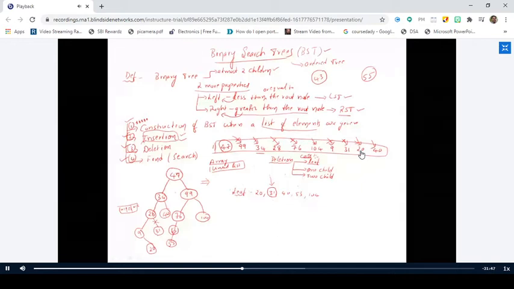To make it understand that 31 is the leaf node, you have to go to the linked list representation and check the pointers of the left part and the right part. If both the pointers on the left part and right part are null, then it is considered a leaf node. Is it okay up to this point? Yes, sir.